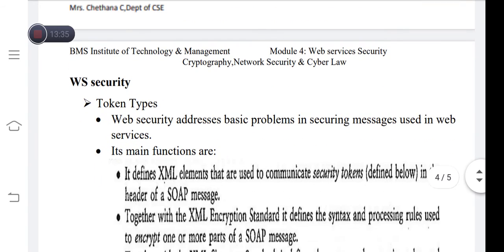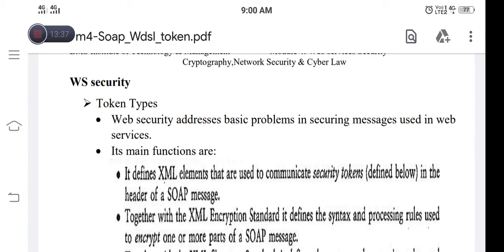Next, let us see WS security. In WS security, we will be studying various concepts. The first one is token types. Then we will study XML encryption as well as XML signature concepts.